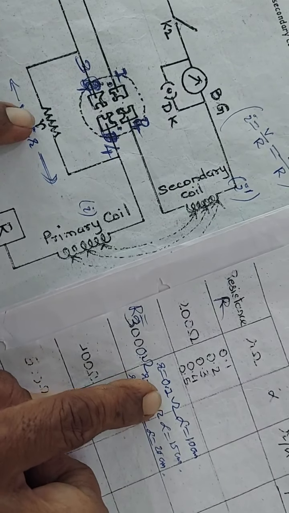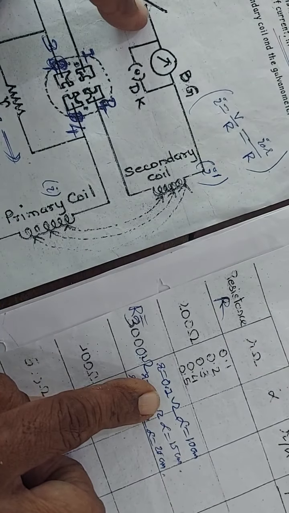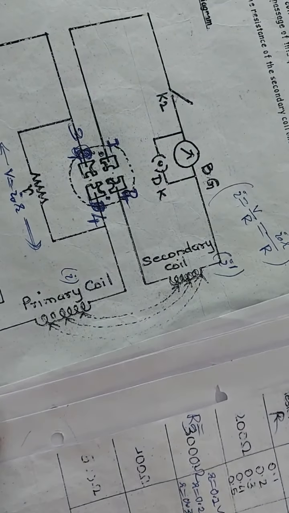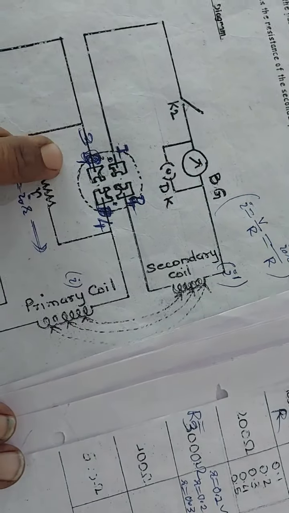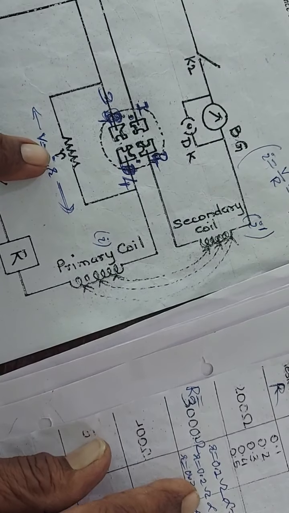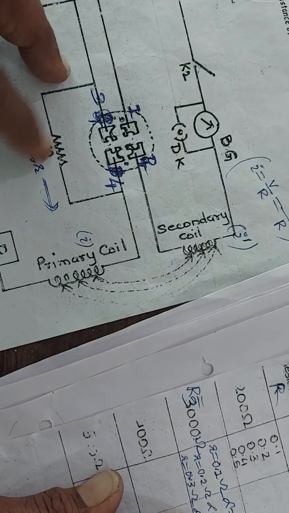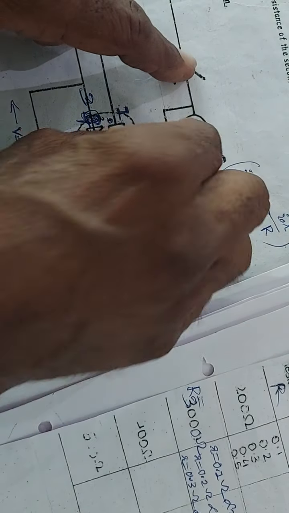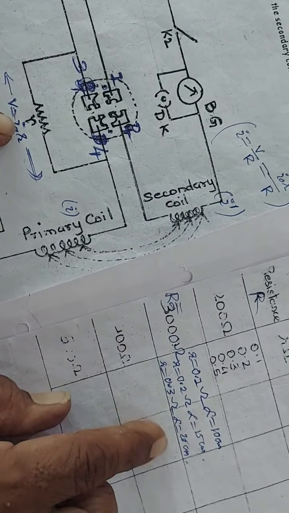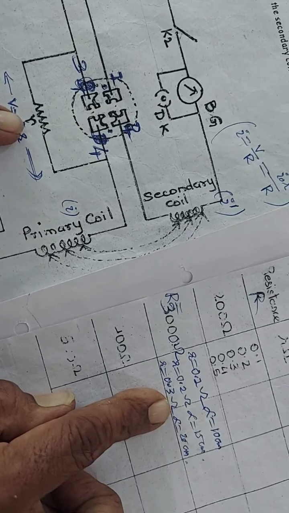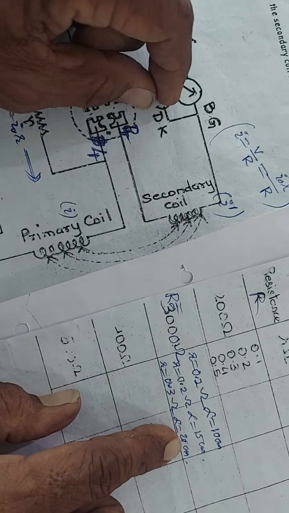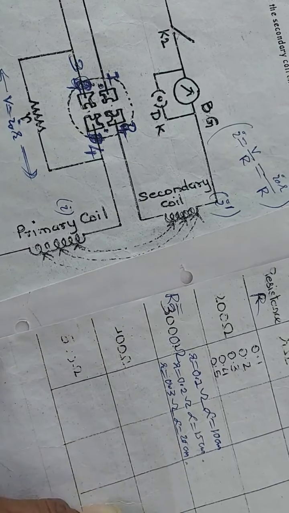तो पहले आपको आर में से निकालना है 0.1 ओम, फिर K1 K2 को प्रेस करके रखना है, छोड़ नहीं देना है। डैम्पिंग की आप निकालेंगे तो you will get the steady deflection 10 सेंटीमीटर on the ballistic galvanometer। सेकंड रीडिंग कैसे लेंगे? सेकंड रीडिंग के लिए R 0.2 निकालना है, फ्रैक्शनल बॉक्स में से R निकालना है 0.2 ओम। ओके, then again you press K1 K2, okay, remove the damping key, you will get the steady reflection 15 centimeter। And third reading के लिए R 0.3 ohm, take R equal to 0.3 ohm, okay, फिर K1 K2 को प्रेस करो, okay, and you remove the damping key, you will get the steady reflection 20 centimeter, right?